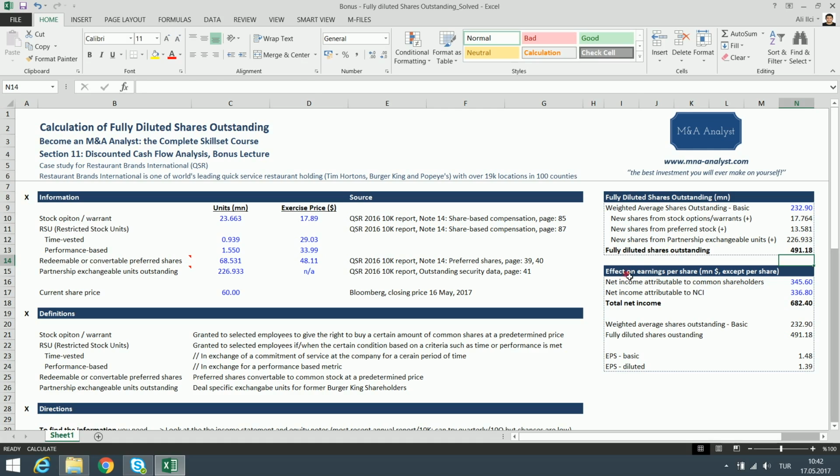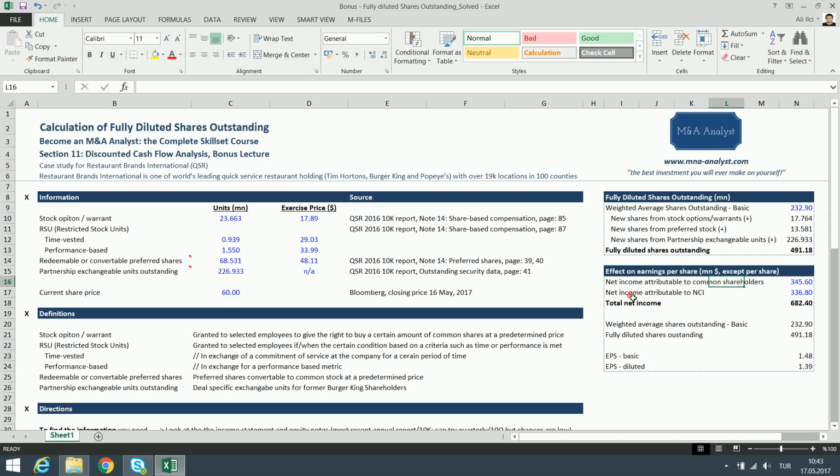And as I said in the beginning of the lecture, we want to see why we are doing this calculation, why it is important to find the fully diluted number of shares. It is important because it can change the earnings per share data. It has an impact on the earnings per share data. Here we have the net income attributable to common shareholders, which is for the year 2016. Again, I got this from the report,